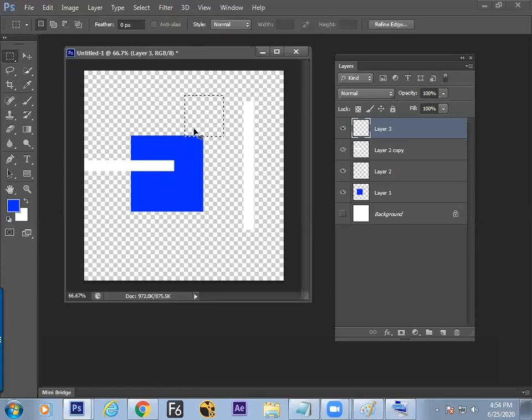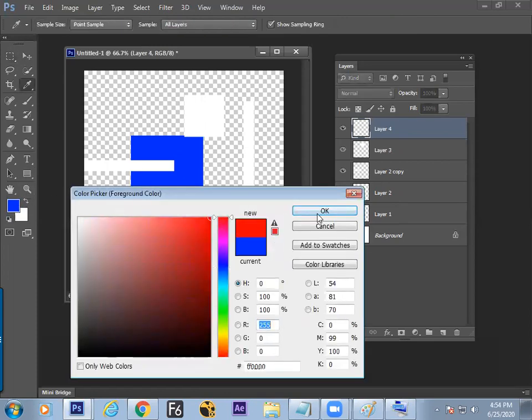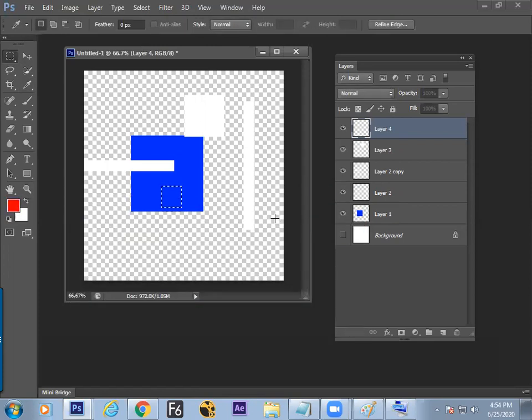How to fill the white? Control backspace. Now take another layer and make a box, and it could be of the other color. Change the color by clicking on the thumbnail and finding a drop down box, and fill the color by Alt backspace. So here on your screen you can find one red layer below that white box, then again white, and at the end you can find the clear.